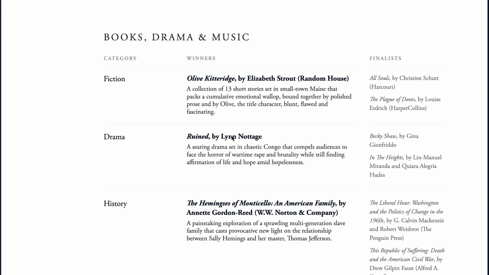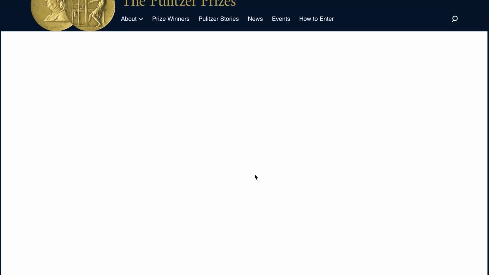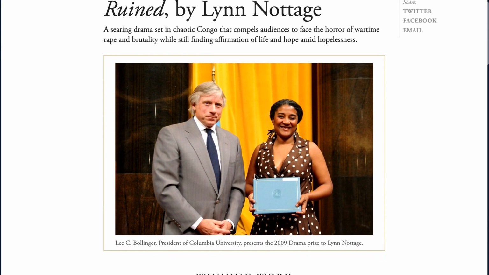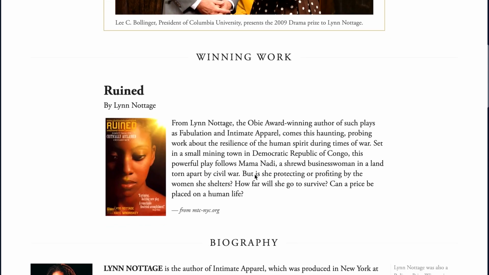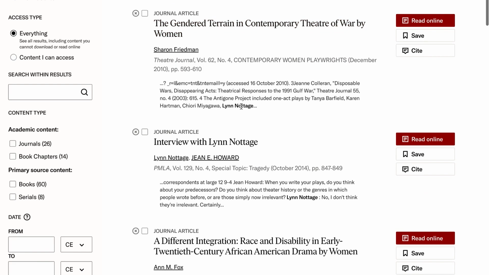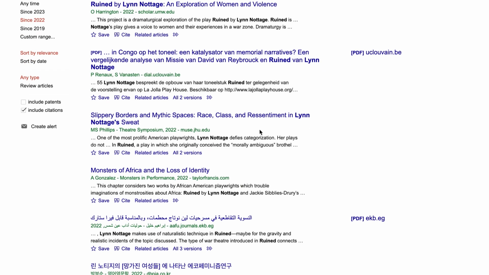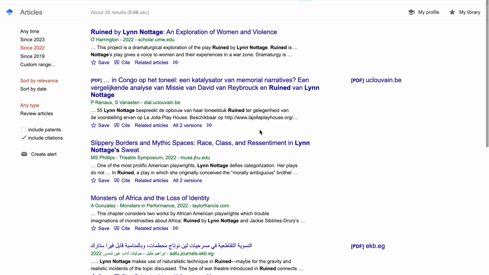The same is also the case if we take the 2009 winner of the Pulitzer Prize for Drama, Lynn Nottage's Ruined. There are plenty of articles to be found on reputable databases such as JSTOR or Google Scholar. So before hopping on to any good or evil online bookstores, make sure that the text that you like the look of has a sufficient amount of secondary research.